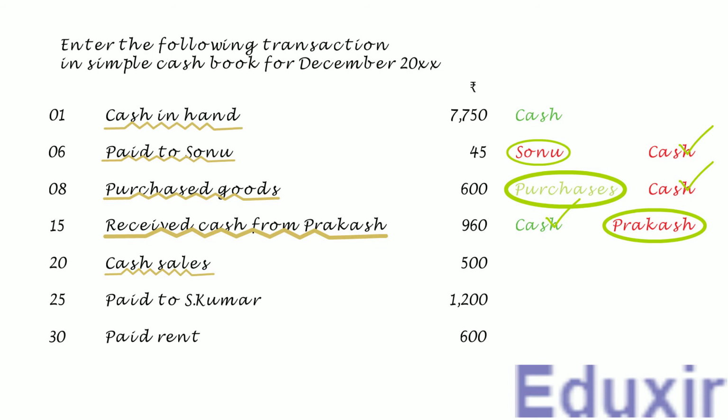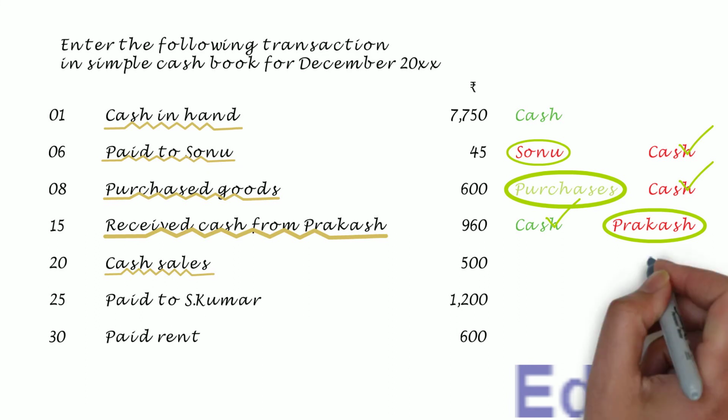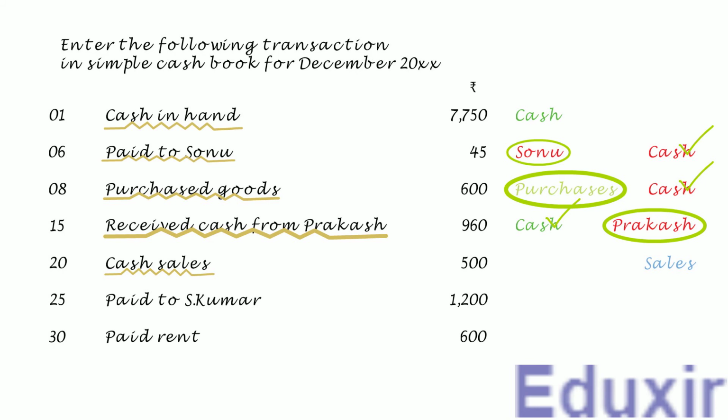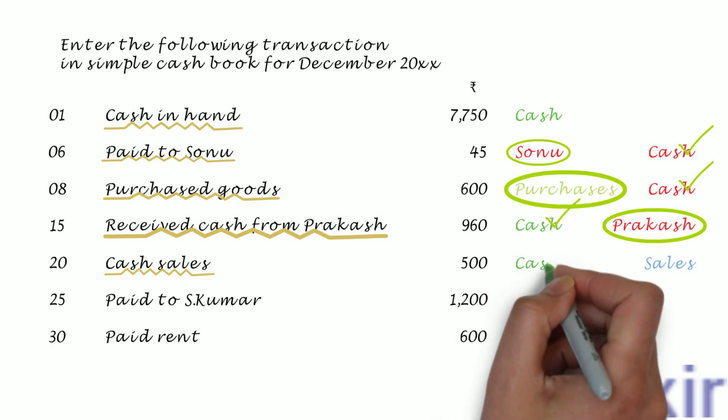As you know, the sales generate revenue for the business. In other words, the revenue of the business is increasing in this case. The rule to record any increase in the revenue is to credit the corresponding revenues account. In this case, the sales account should be credited. At the same time, as the business is selling the goods for cash, the cash asset of the business will be increasing. The rule to record any increase in the asset is to debit the corresponding assets account. In this case, the cash account should be debited.